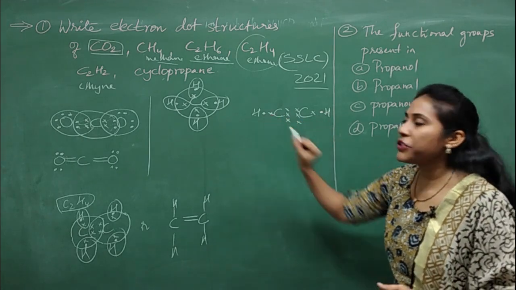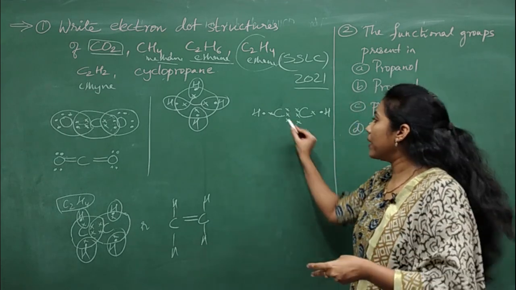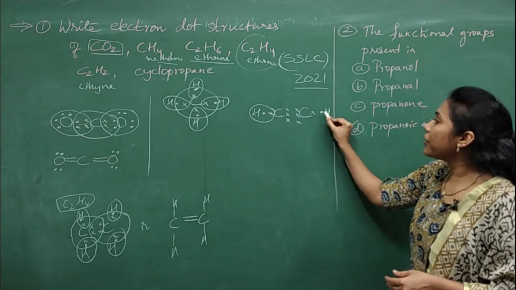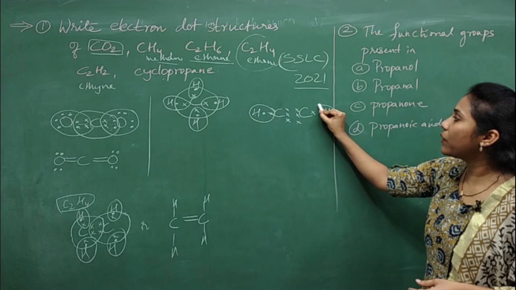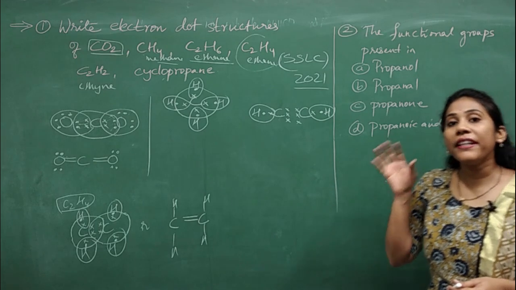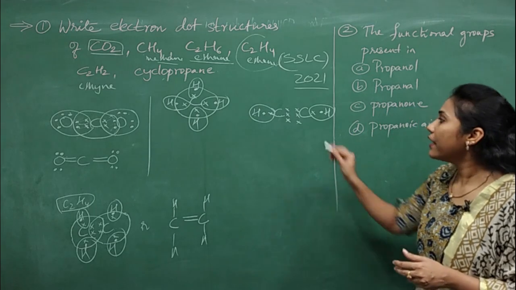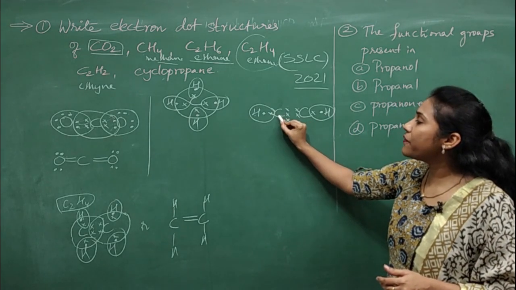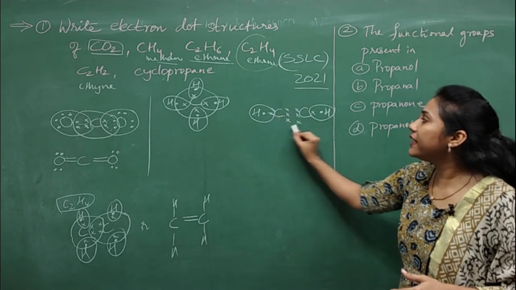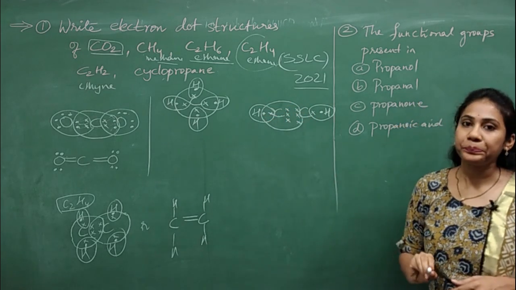Okay, circle hydrogen atoms now. When you circle hydrogen atoms, in its circle, 2 electrons should come, right? So these are the 2 electrons you will consider along with that one circle. So these are the 2 electrons you will consider for this hydrogen. So one big circle like this. And now you have to circle carbon atom. So whenever you circle carbon atom, 8 electrons should come in that circle, isn't it? So which are the 8 electrons you will consider for this carbon? 1, 2, 3, 4, 5, 6, 7, 8. So all these electrons together, you have to give a big circle for this carbon.